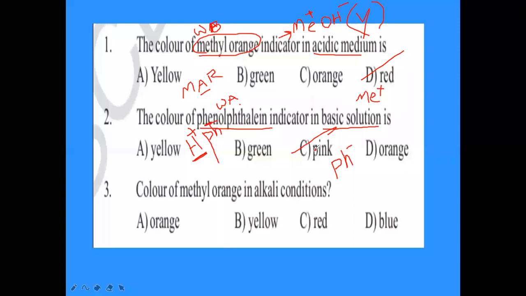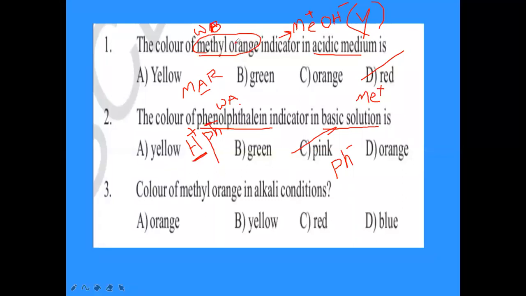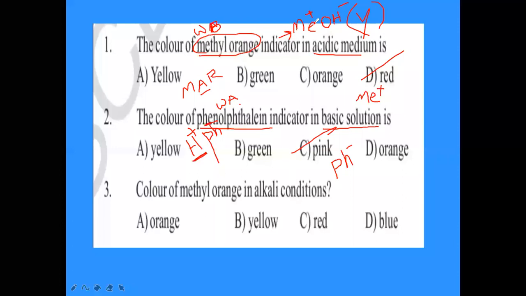That is why we use phenolphthalein as an indicator. Next, why is methyl orange used as an acid base indicator here? The reason again is that the molecule of methyl orange has yellow color, but its cation has red color. So the ion and molecule have different colors in different media. Therefore, we use methyl orange and phenolphthalein molecules as acid base indicators. To distinguish between acidic solution and basic solution, we use phenolphthalein indicator and methyl orange indicator. So they are called acid base indicators.